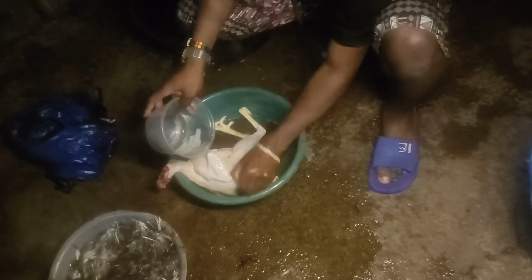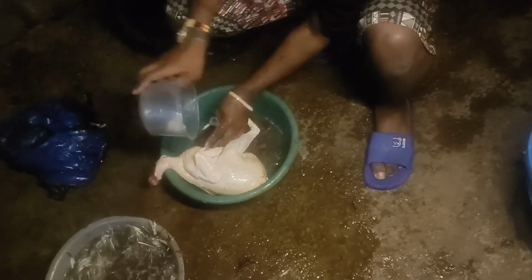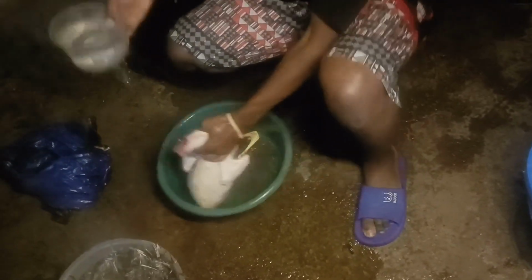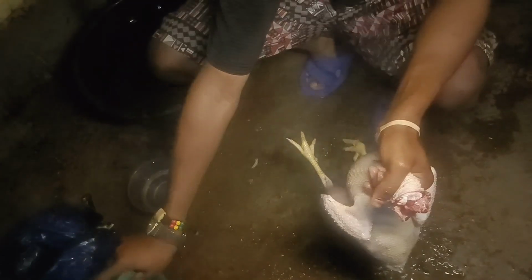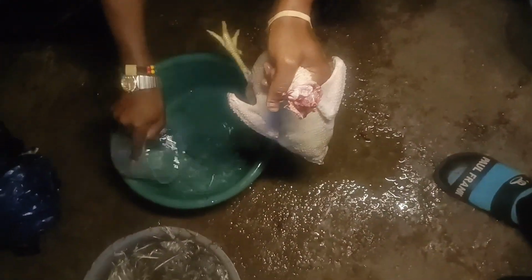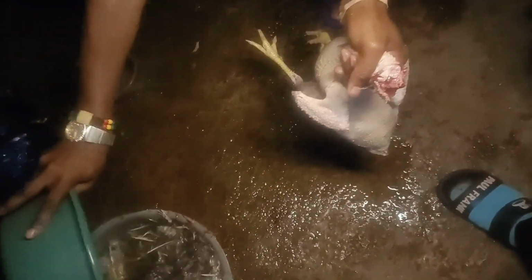Even though in the village we didn't have running water from the tap, we were just fetching water from that little bucket which came from the well, and then we could just wash the chicken like that. It was an interesting activity to do because all these skills I just learned them, even though I'm not a professional, but it is part of the village chicken preparation